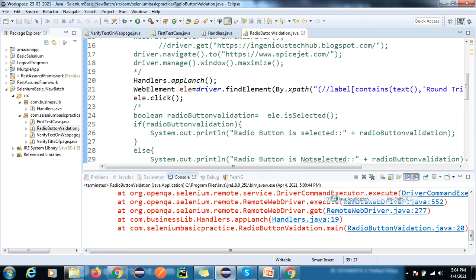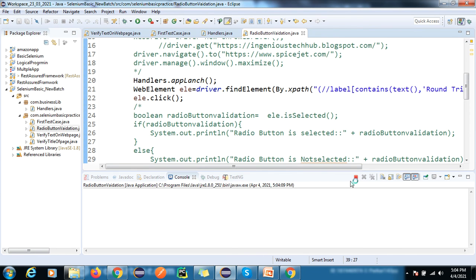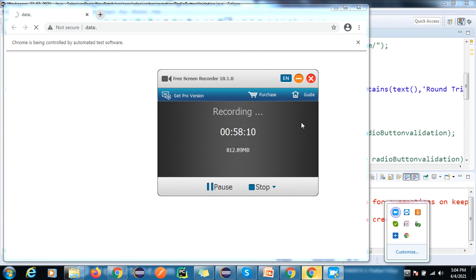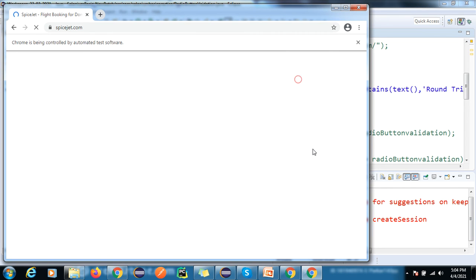Okay, so I'm going to execute this, and we'll see whether this is working fine or not. I made it a reusable method and am trying to execute our code.